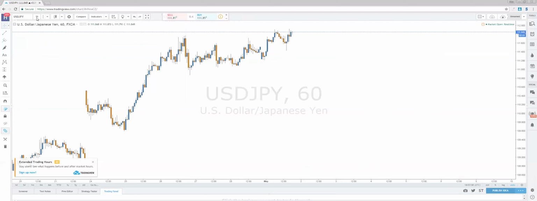So when the time frame is 1 hour, it takes 1 hour. This is 1 hour of movement in this candlestick, for USD JPY. So that's what the 1 hour time frame means. Now, a general rule of thumb is